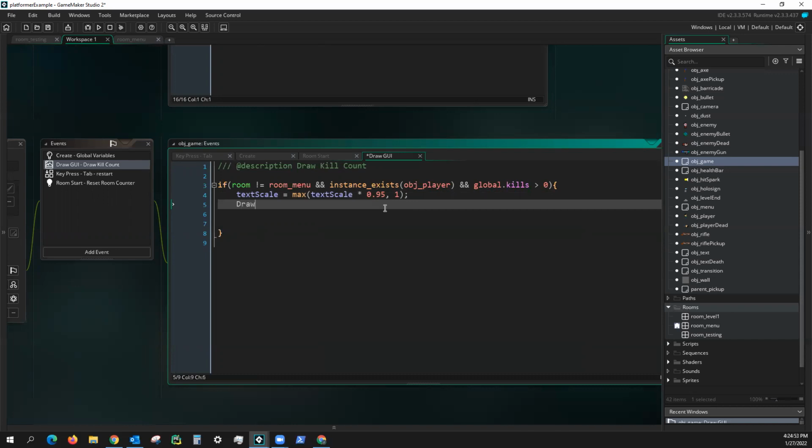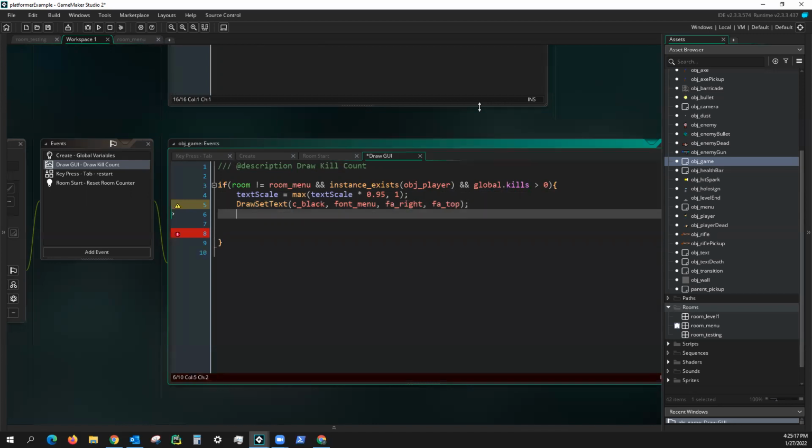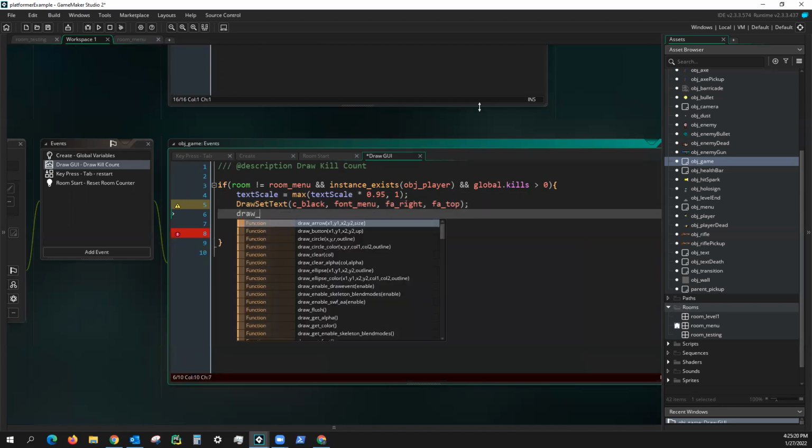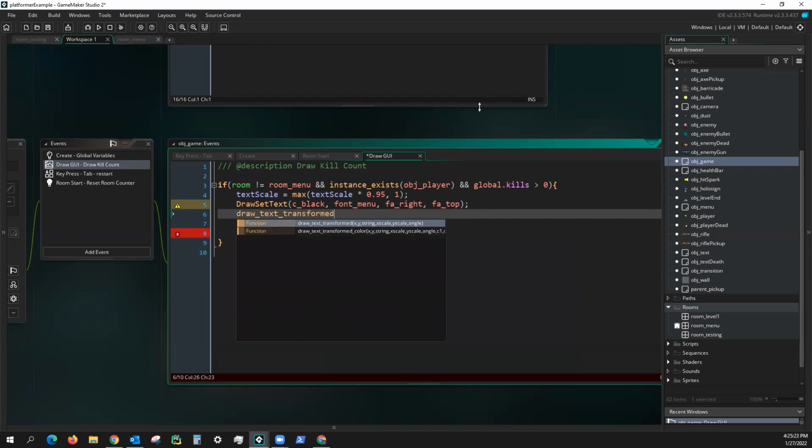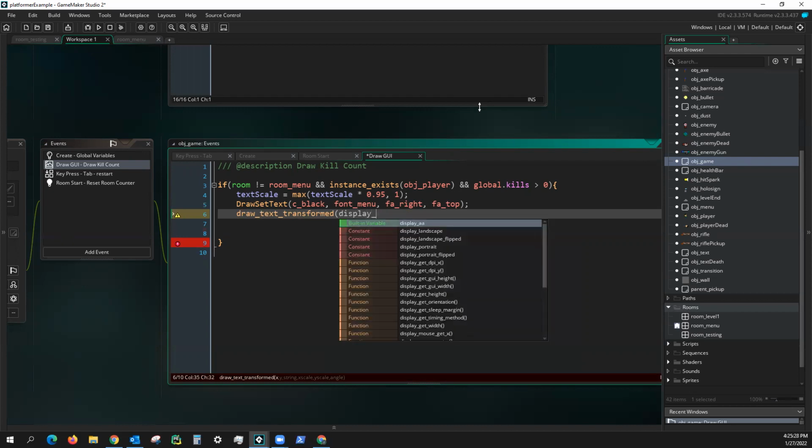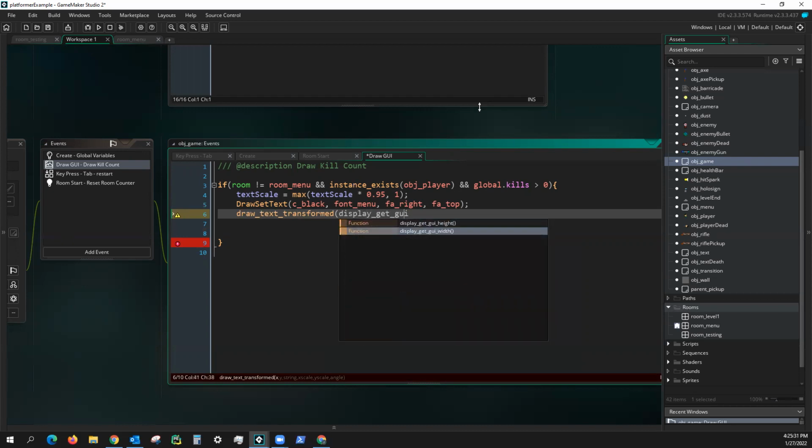Then we're going to call that function we made a very long time ago for drawing text onto the screen. C_black is the first parameter. What font we're going to have, I'm going to use the same font as we had for the menu. And then where is it going to reference in respect to the right side for the horizontal and the top for the vertical. Once that's set up, we're going to do draw_text_transformed. And then we're going to display_get_gui_width